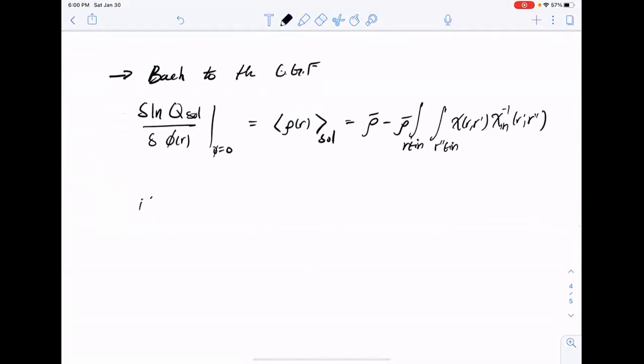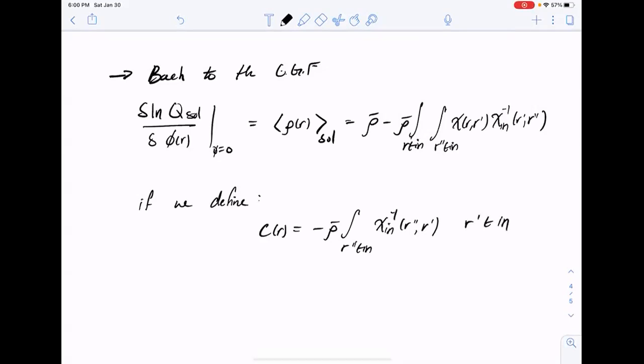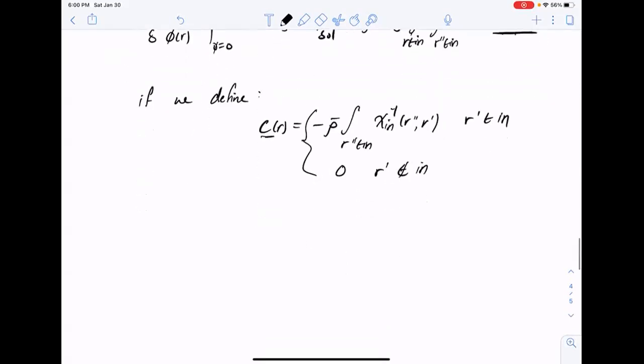However, if we define the function c of r as minus rho bar integral over r double prime restricted to the n region of this chi inverse of r double prime r prime, if r prime is in the n region, and 0 if r prime is not in the n region, we could substitute c of r into this expression for the average density, and we find